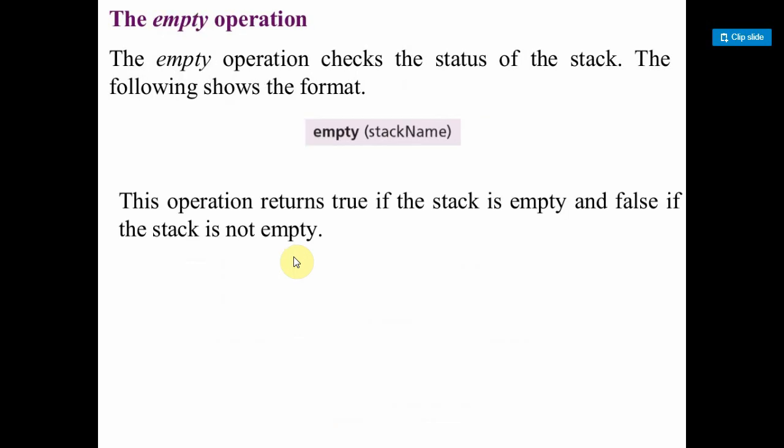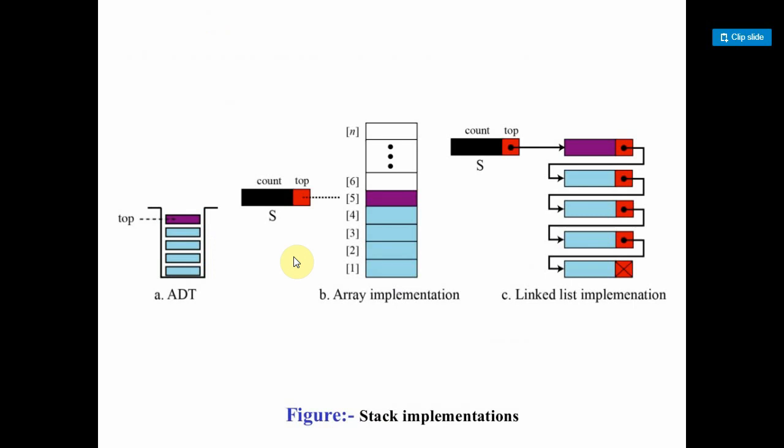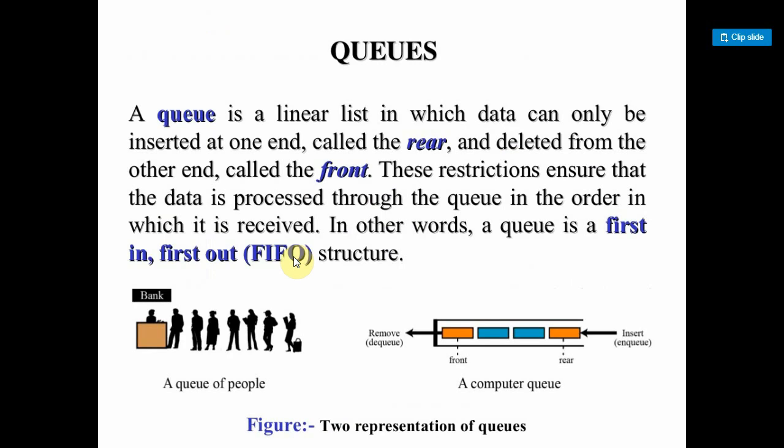So these are the basic things about the stack, and let's go through the queue also, then we'll go for the program. A queue is also a linear list, meaning all elements are stored in a continuous manner, but for a queue both sides are open. For a stack only one side is open, for a queue both sides are open. Here elements are inserted at one place and deleted at another place. So let us see how it works.